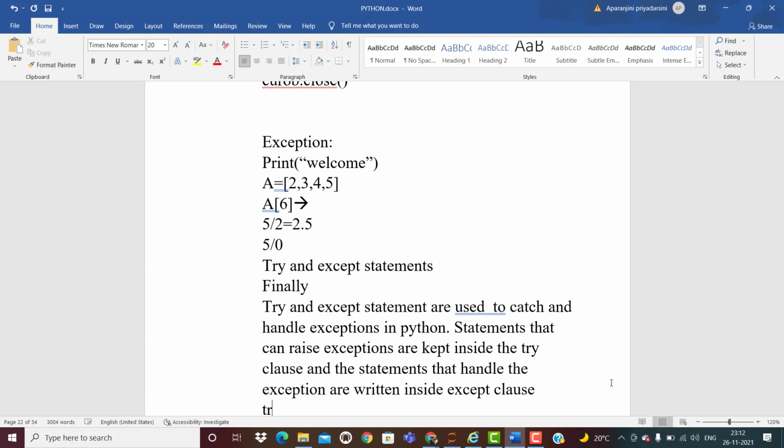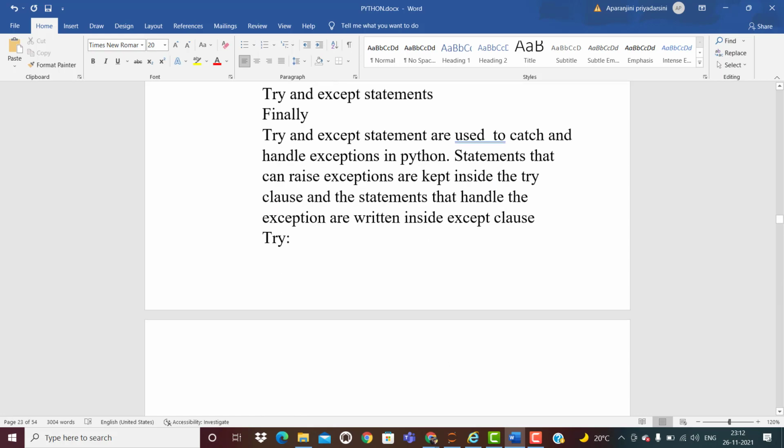write here try colon, and here the statements: statement 1, statement 2, as many statements as you want, you can write.